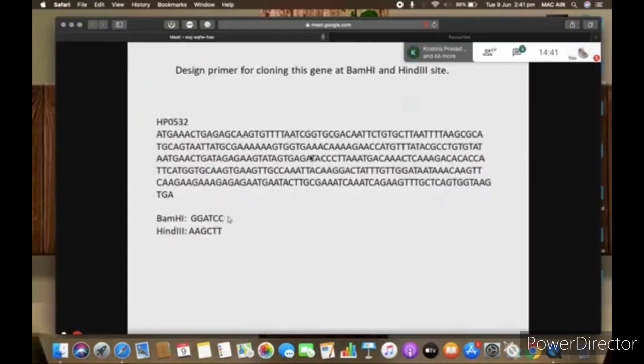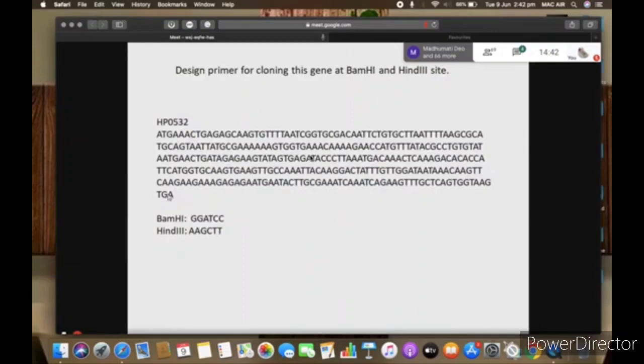This is the restriction site for BamHI and HindIII. Now you have to clone this gene. This is the sequence of the gene, and you have Helicobacter pylori template genomic DNA available. So now design a primer so that you can do PCR and clone it.